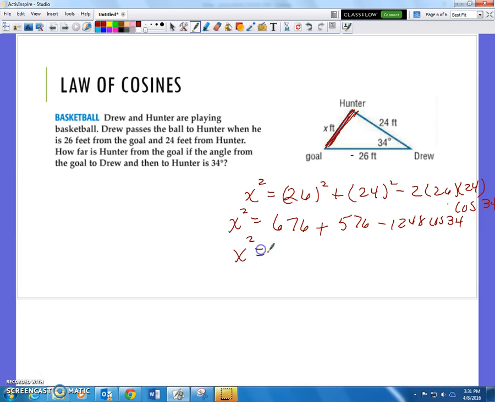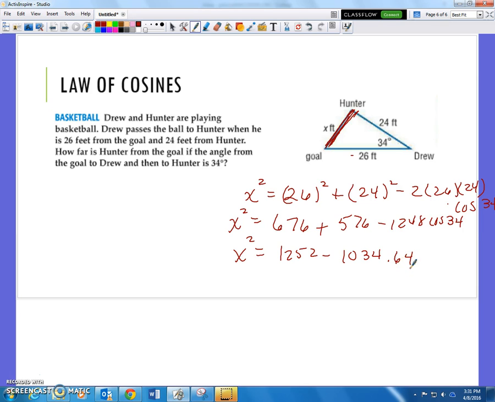And we just keep simplifying, and this is just the process that takes a while. 1252 minus 1034.64,